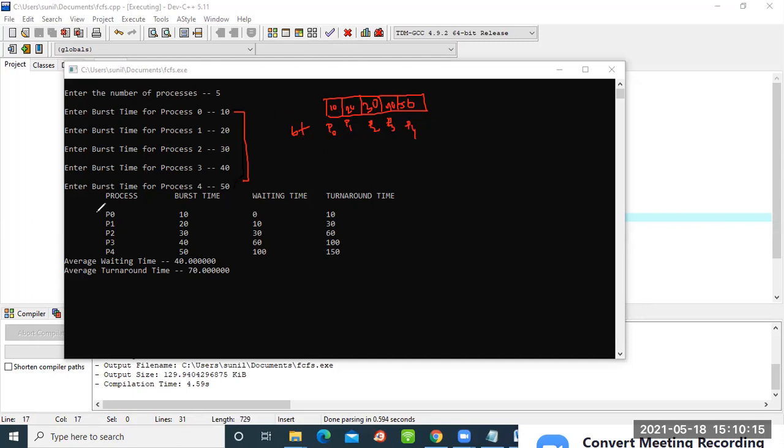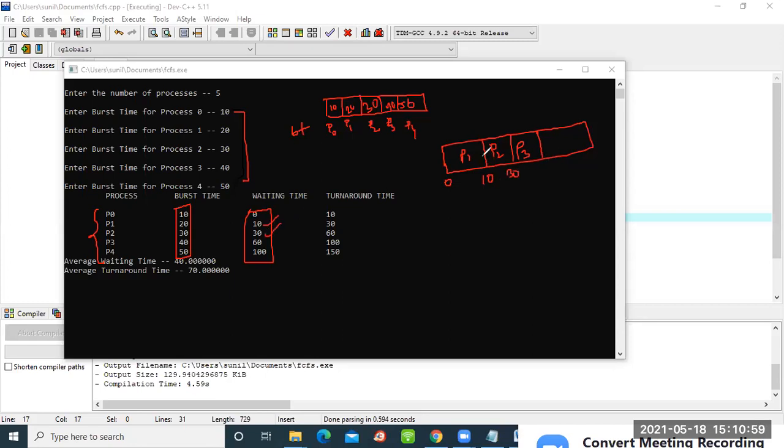Once we have given the input, the processes are listed here along with the burst time. Now they have calculated the waiting time. How do we calculate the waiting time? To draw the Gantt chart. Numerically, how to calculate for the Gantt chart? It will assign P1 first, so P1 waiting time will be 0. Our next process will be P2. For first come first serve, what is the waiting time? P1 will run for 10, so the waiting time of P2 will be 10. Now there will be P3. What will be the waiting time of P3? The burst time of the previous one was 20, so that means 30. So the waiting time of P3 is 30.